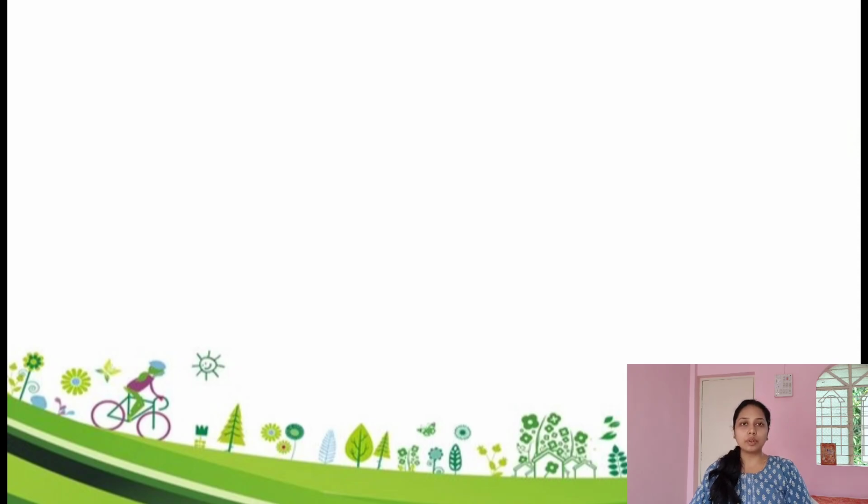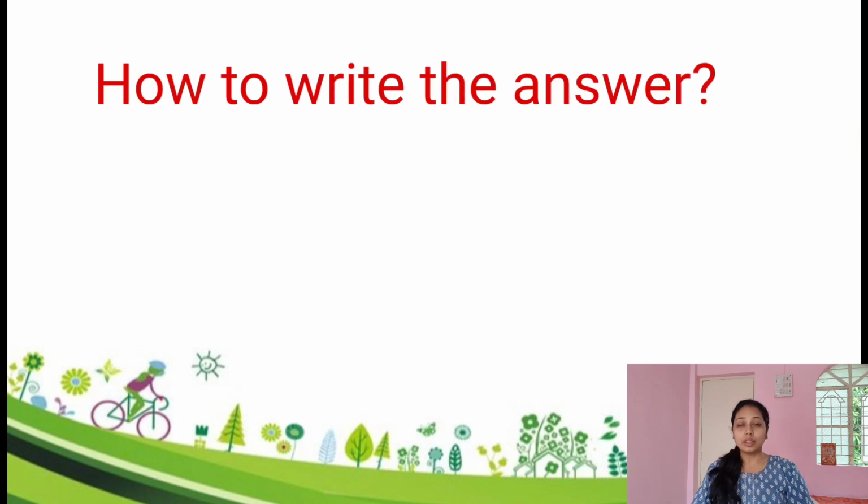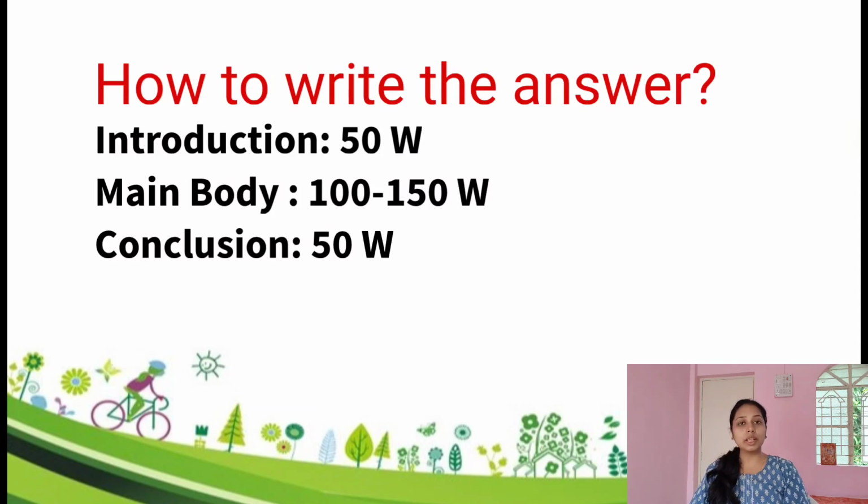At the same time, whenever you are writing the optional paper of agriculture, you should have an introduction. Even though they didn't ask for the definition, go for the definition, hardly 10 to 12 words, because we have a word restriction. Otherwise it will again cost you negative marking. So instead, have a 50 word intro, 100 to 150 words of body, and in the conclusion, again 50 to 60 words. That's how you can make an ideal answer.